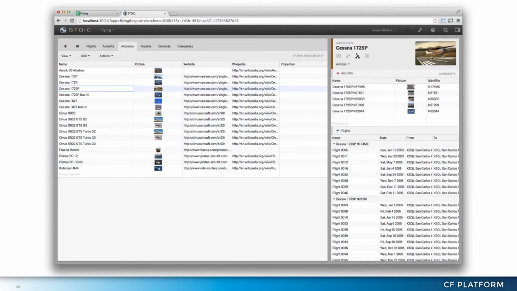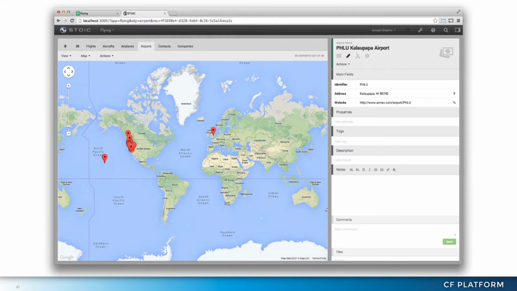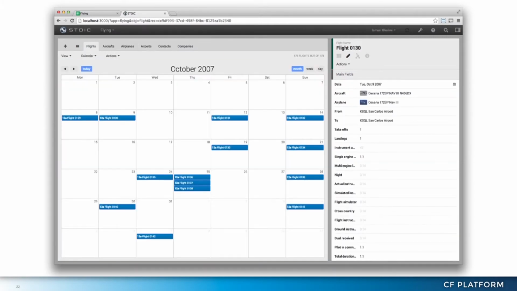Now that we have an object model, we can do cool things like reverse lookups, for example. So I'm a pilot. This is an app that I built to track all my flights. And I fly on different types of airplanes, so I can see, for example, all the flights that I did on Cessna 172 SP on the different airplanes that I actually flew on. That comes for free. From there, because we analyze the data, we know, for example, what a date is, or we know what an address is. That allows me to show the airports that I flew to on a map. That also came for free. Or maybe showing the flights on a calendar. That's another perspective that we show you for the data.